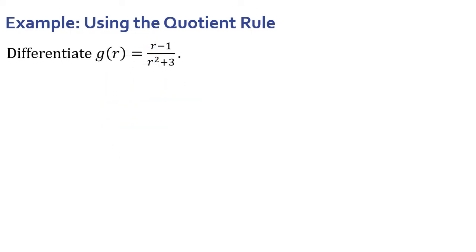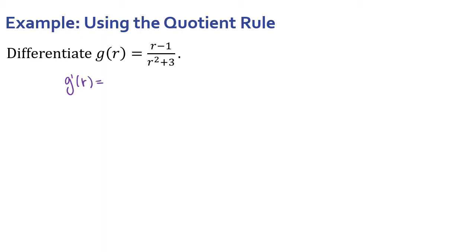All right, let's look at another example using the quotient rule. Differentiate g of r if g of r equals r minus 1 over r squared plus 3. So I can see here I'm going to end up using that quotient rule. I can't simplify this any further. Okay, so we will get g prime of r equals,